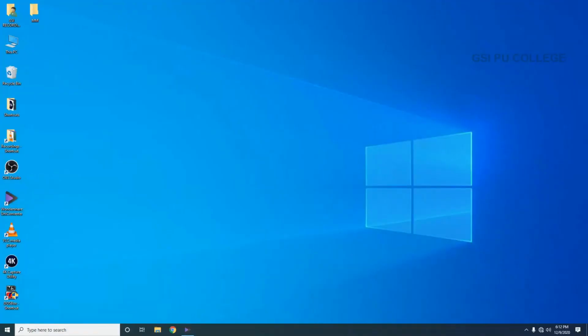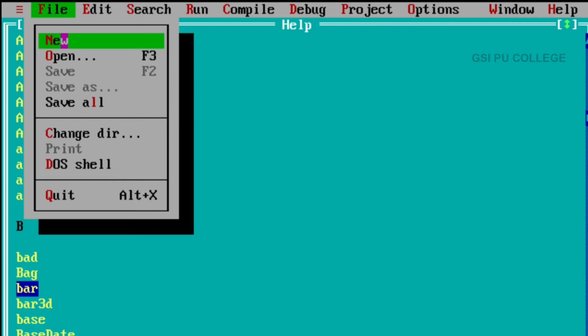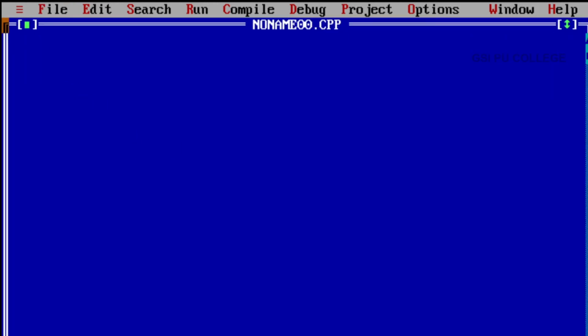Now we will show you how to execute this program on the system. To perform that, first click on DOS box. There we will get a screen. There on the menu bar click file, new option, then maximize the screen. Now first write in the comment section, that is